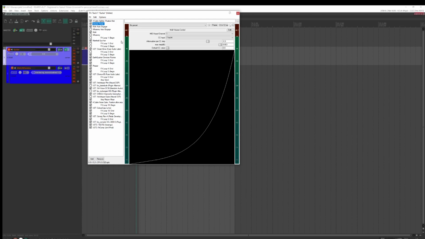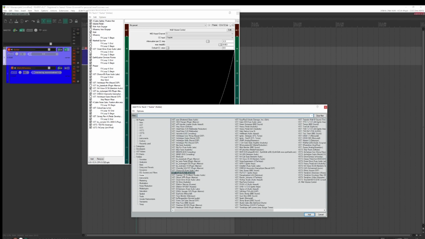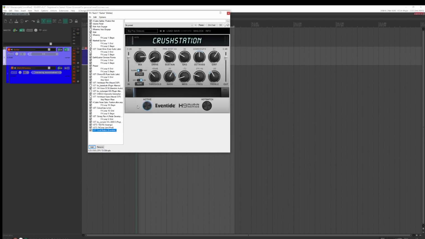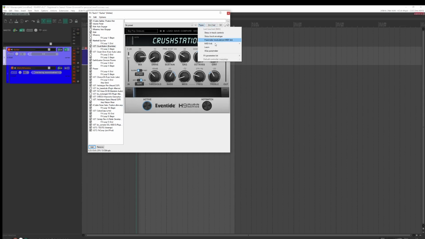And one other thing you can do with the expression pedal that I find rather useful is that you can use it on the pedal's own parameters. I've used it with Crush Station, which basically is an octaver, and it has its own mix parameter, so you can set the expression pedal to mix. I can even show, it's pretty easy. There you go. So you can fade in or use a little bit of it, or just full blast and then disable, or of course you can just set it to 100 and put it in one of the FX loops, but